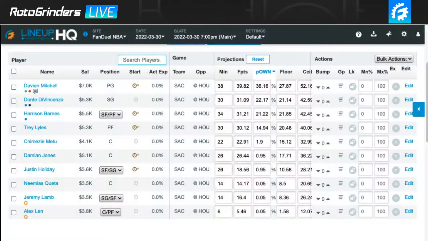But yeah, I think Sacramento wins this game regardless. They do have a better roster with DiVincenzo, Barnes, Mitchell. So I think you could play 4 or 5 players from this game. I think